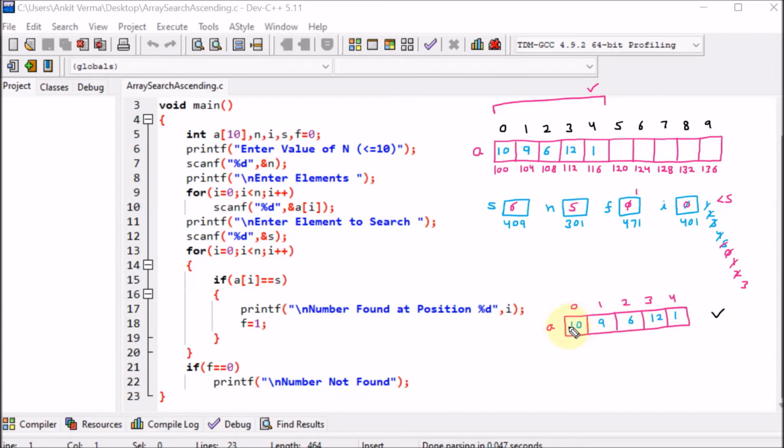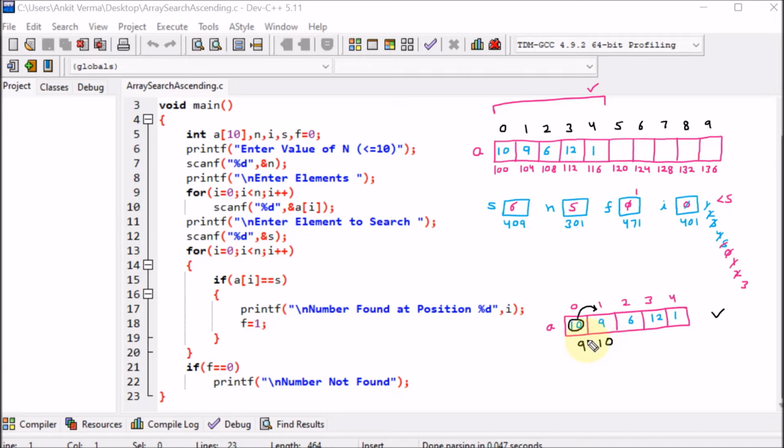Now for sorting these elements into ascending order, first of all we will pick the first element. Let us suppose it is 10. Then afterward we are going to compare this element with the rest of the elements. Let us suppose with 9. Here we can see that 9 is the smaller element, so we will do the swapping. That means 9 and 10 will be swapped.